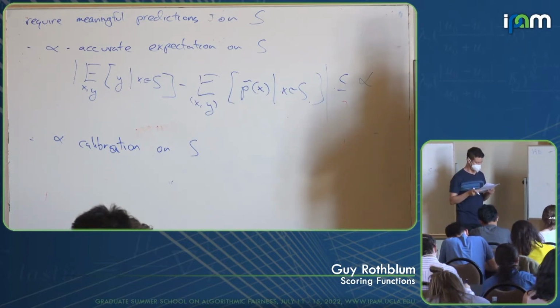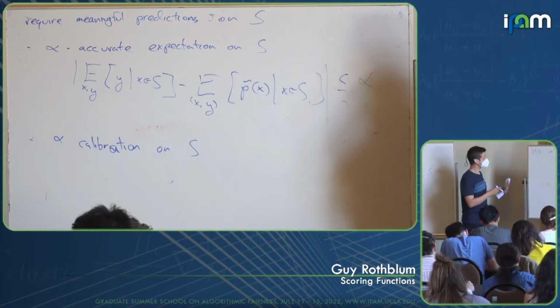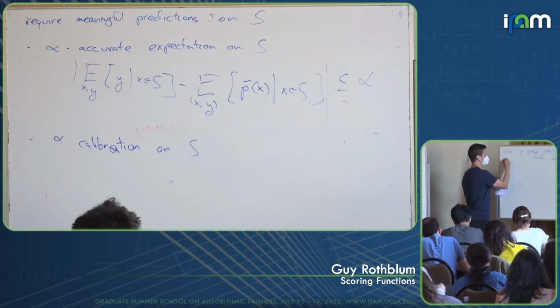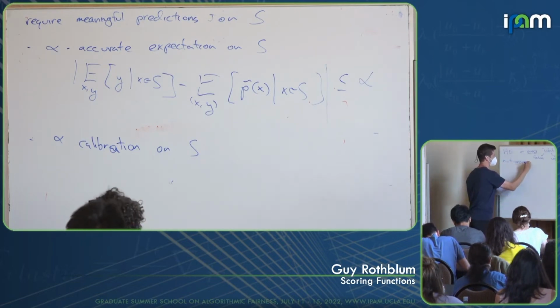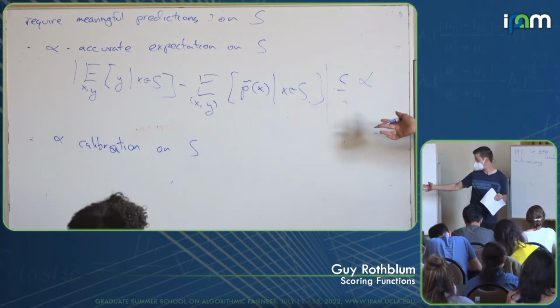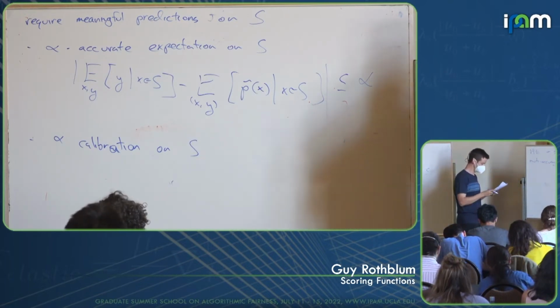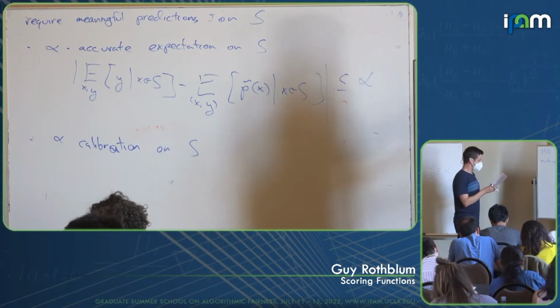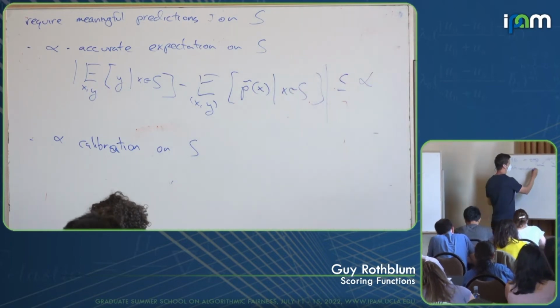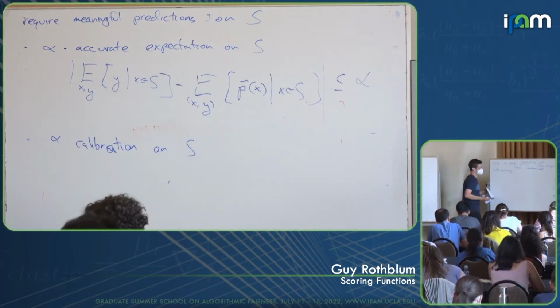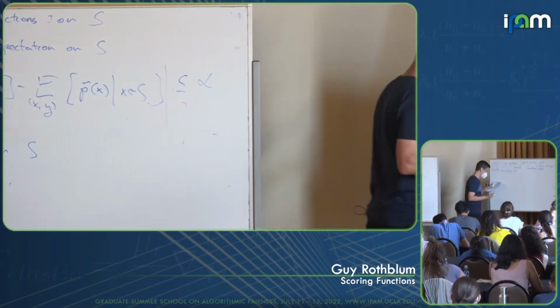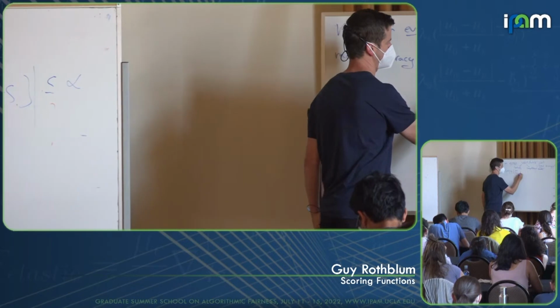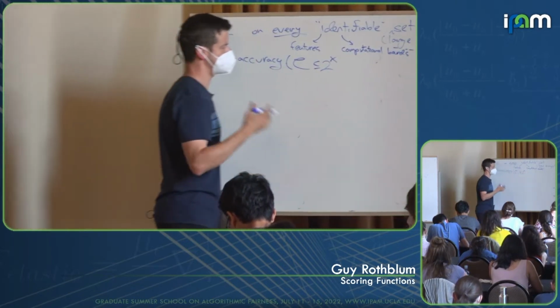Okay, and this is what we call multi-accuracy. And analogously, we could define, and we will define, multi-calibration. The definition is parametrized by a collection of sets C, a collection of subsets of the universe,